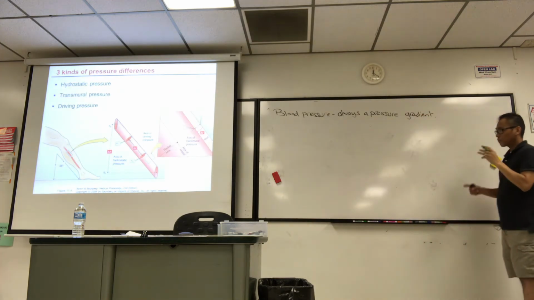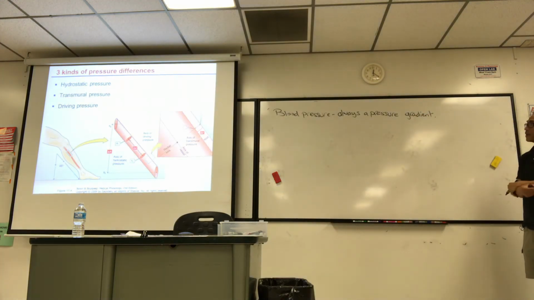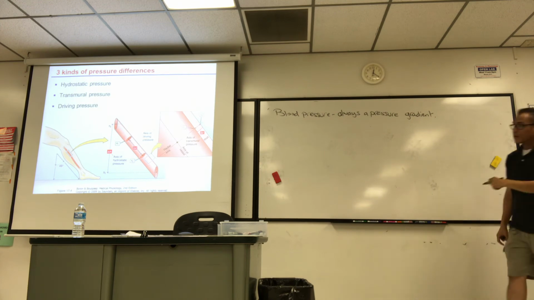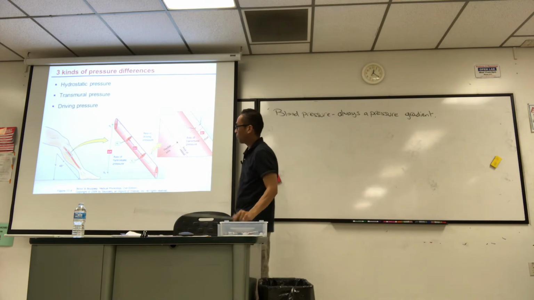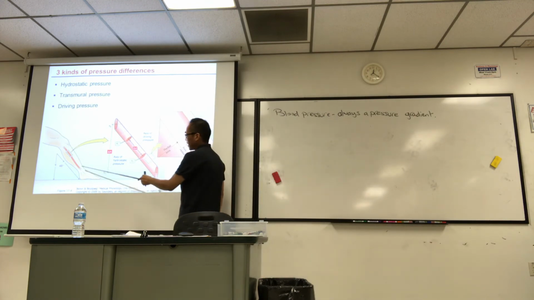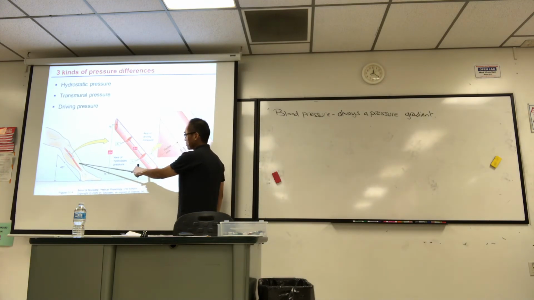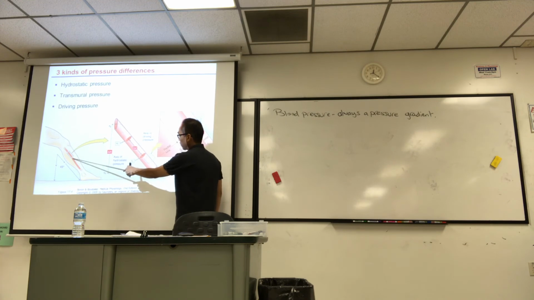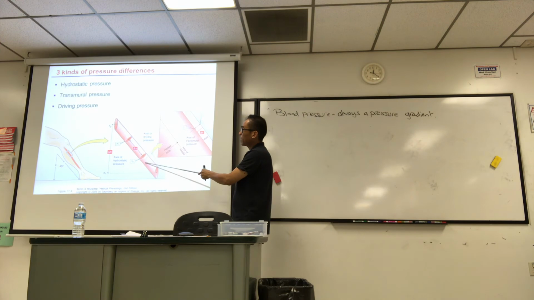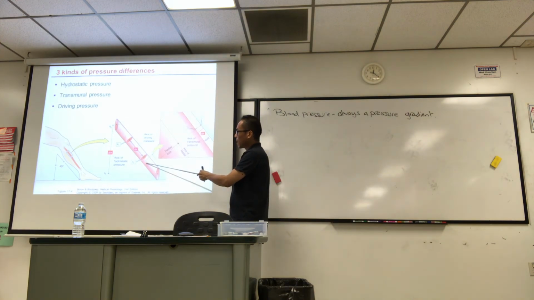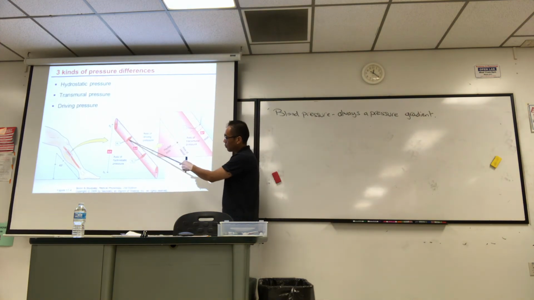Okay, from high to low. Let me get into this here. They give you an example of a leg at an angle. Maybe some of you are sitting at this angle now, and there's an artery or blood vessel in there. If you free body diagram it, basically you get the difference between this point and this point,